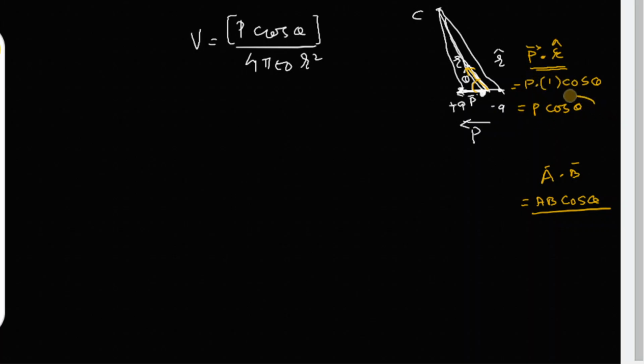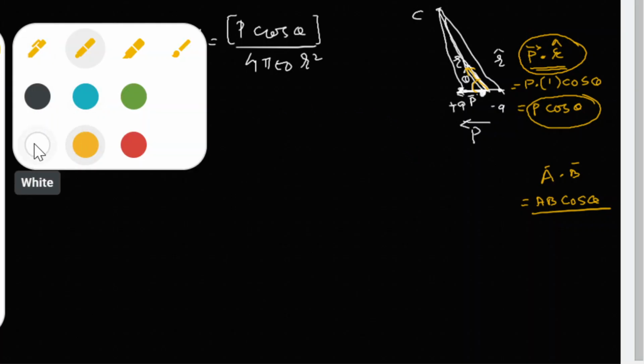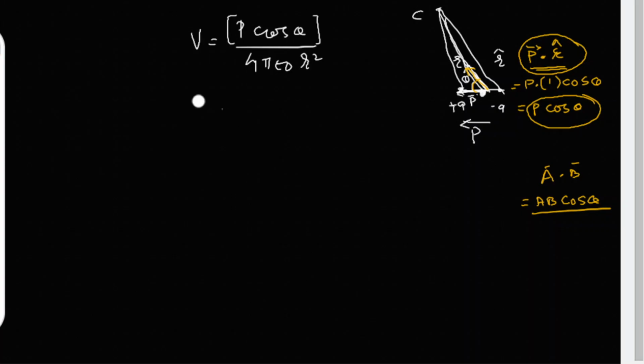So whatever this value is, it is nothing but the dot product of these two vectors. Are you getting? So I can write now here, instead of this, in vector form. If I want to write this potential, it is a scalar quantity, but if I want to denote it in the vector form, then I'll denote it as, so